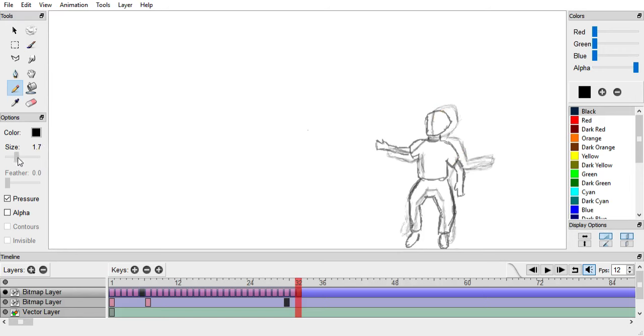Okay, let's go with a slightly bigger brush now. Let's go to 1.5, see what 1.5 looks like. Oh, that's not too bad. I like 1.5. I can deal with 1.5. That's a little better, actually. I have to go over the lines last time. That means I have to be a little bit more accurate.